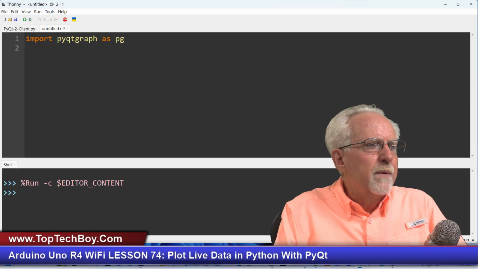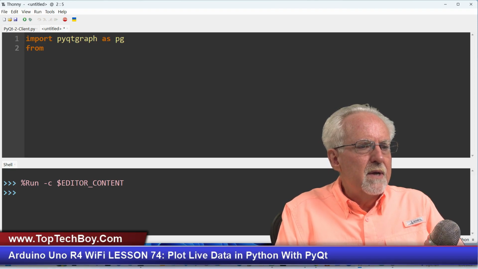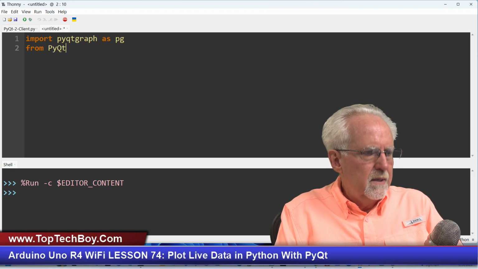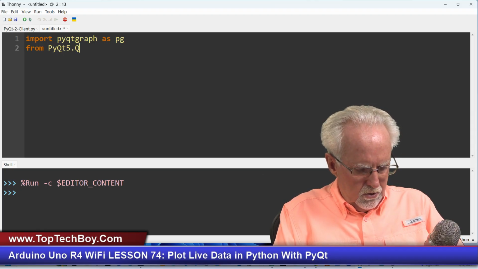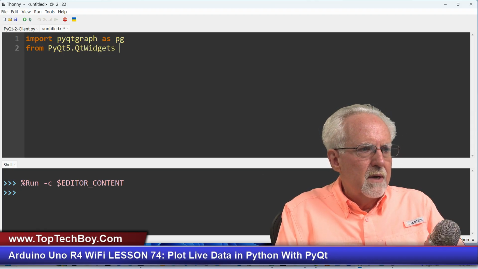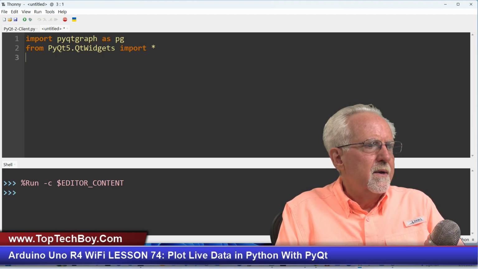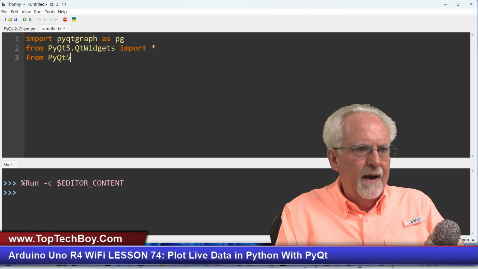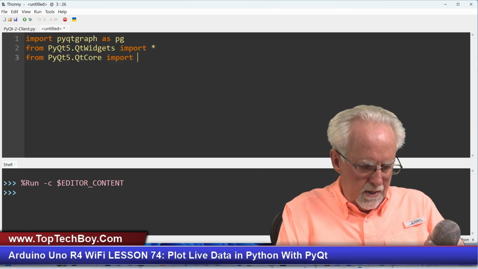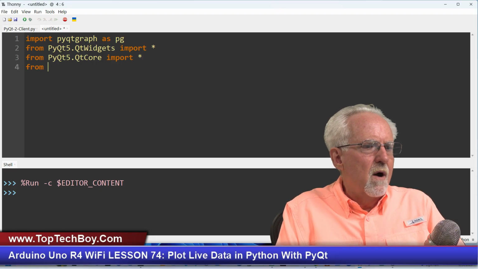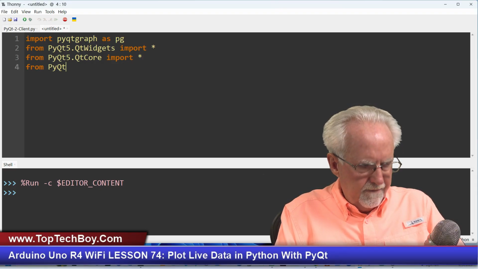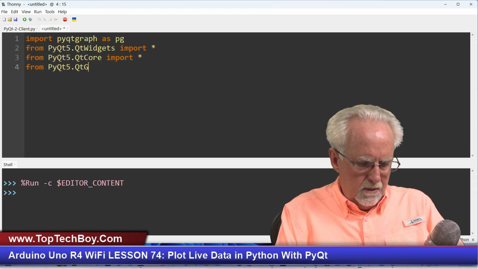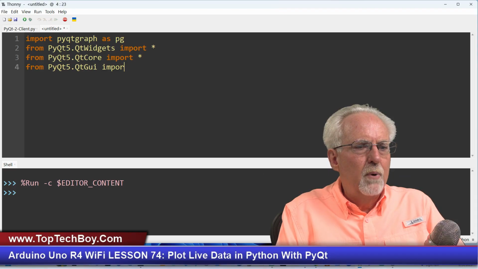Now let's go ahead and import the other things we're going to be using. So I'm going to say from PyQt5.QtWidgets, I'm going to import everything, star. Then from PyQt5.QtCore, I'm going to import everything. And then from PyQt5.QtGui, I'm going to import